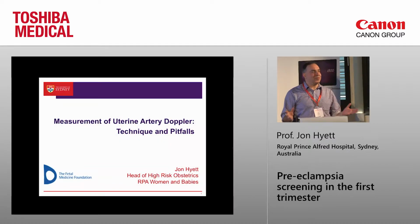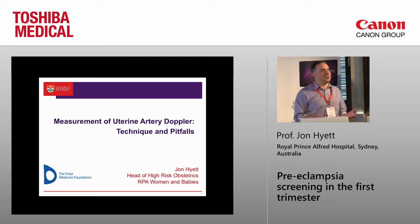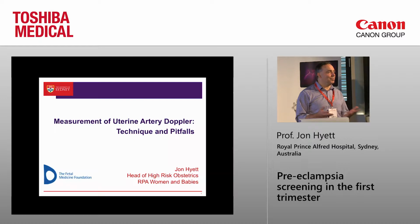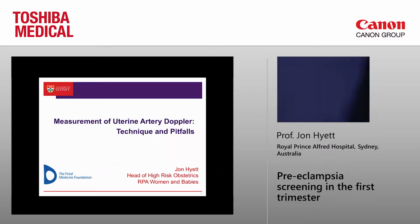I was going to talk about first trimester screening for pre-eclampsia, but I think in the context of this meeting, the most important aspect of this test is looking at the uterine artery Doppler. So what I'd really like to do is focus on measurement of uterine artery Doppler in the first trimester. If you look at the first trimester screening test for pre-eclampsia, this is in fact by far the most important